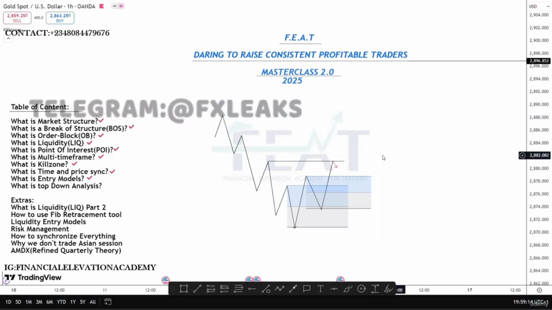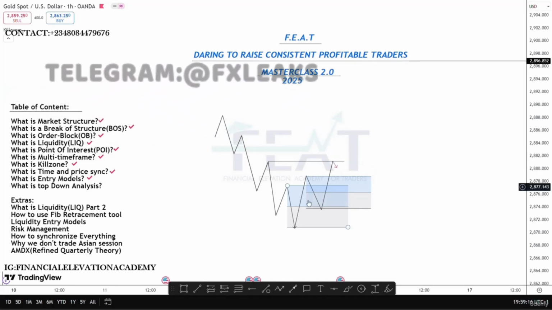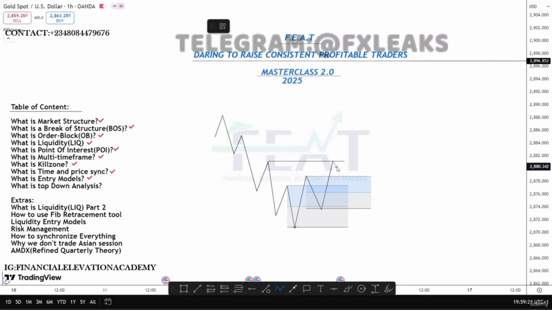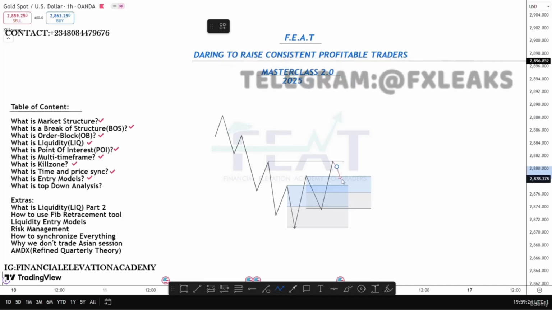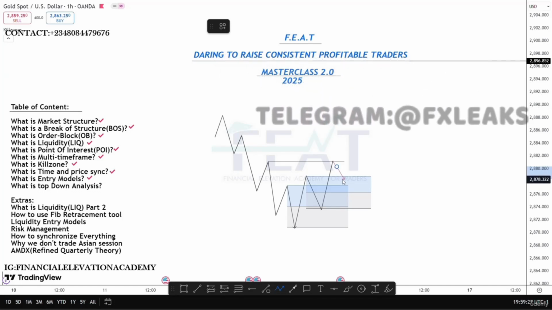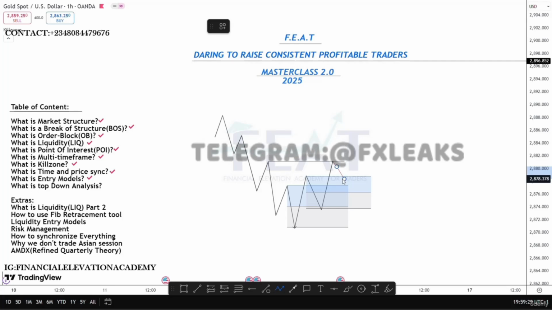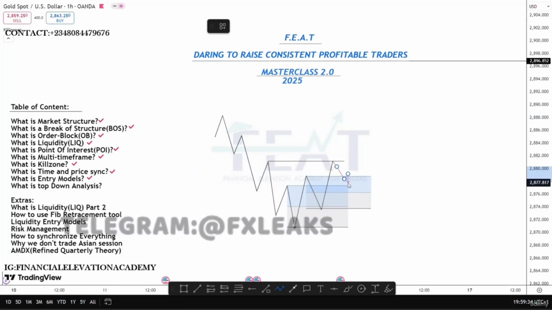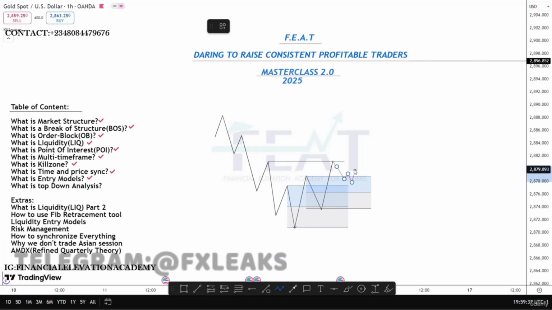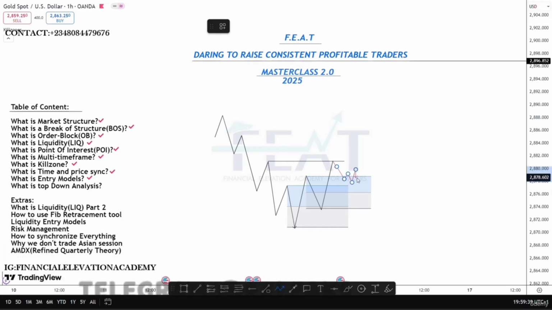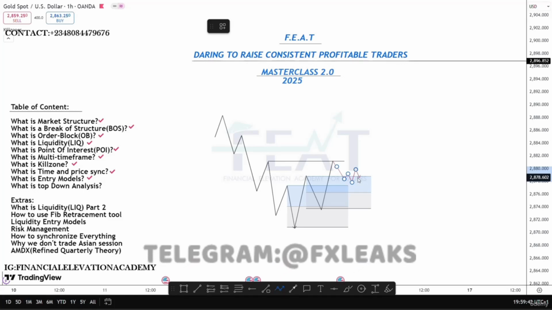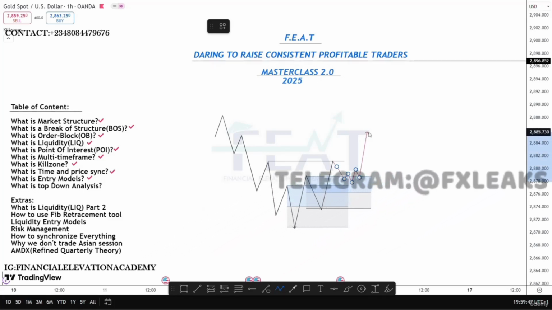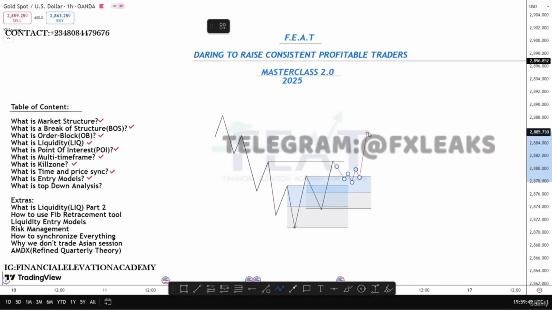So the weekly closes like this, and the new week opens, and let's say that new week it just goes all the way down into this level, goes into the monthly level, and then on the daily we will now see, say, a buy break of structure here. And when we see the buy break of structure, we see a retest maybe on the daily or on the 4 hours, and up we go. So this can happen also,